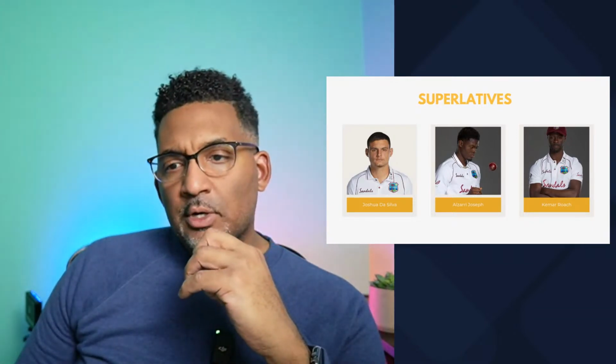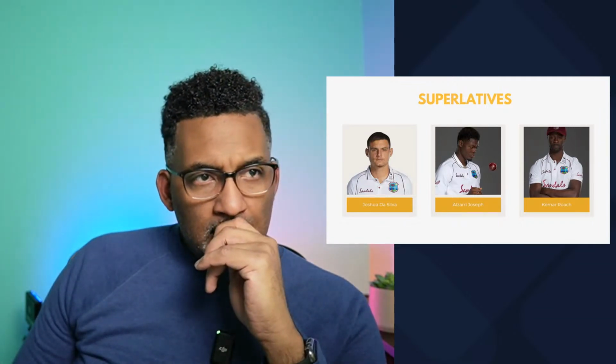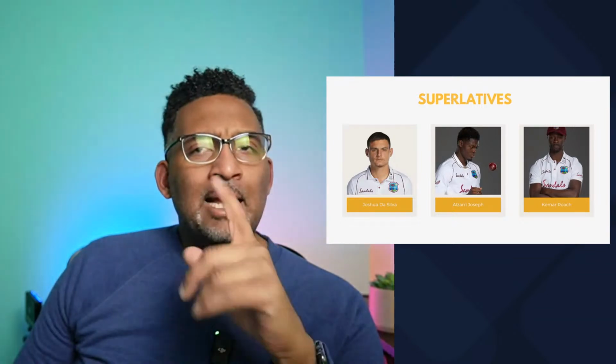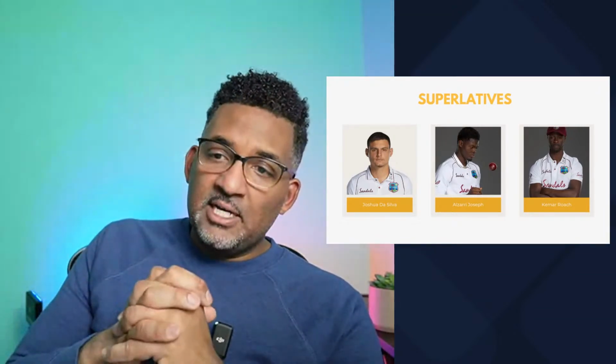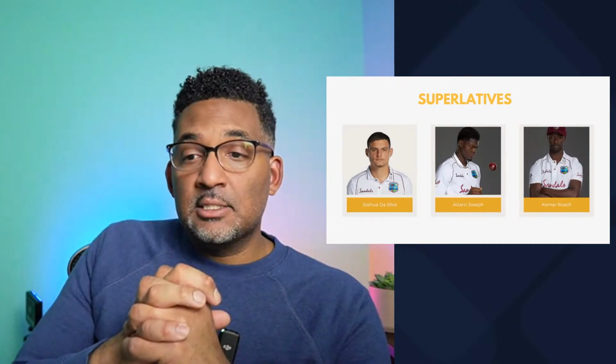Roach has been a stalwart for West Indies cricket for a very long time, and he's very skilled, as I mentioned, particularly at getting left-handers out. He's the elder statesman, the leader of the bowling attack. As a new set of youngsters come in, you'd hope his leadership and advice can help usher in a new generation of West Indies bowlers, even if he has to step away at some point. You would think they would have looked up to Roach, because for the better part of a decade or more he's been ever present in the team, outside of injuries. He's not the express pace he used to be, but he definitely is a